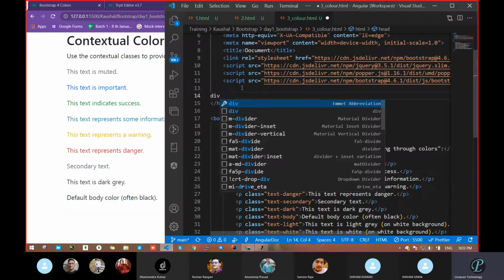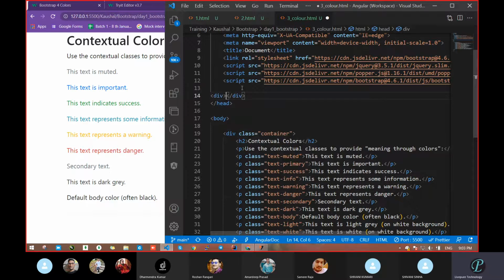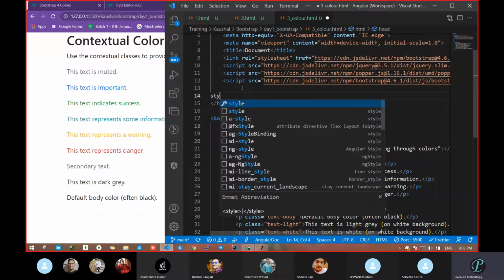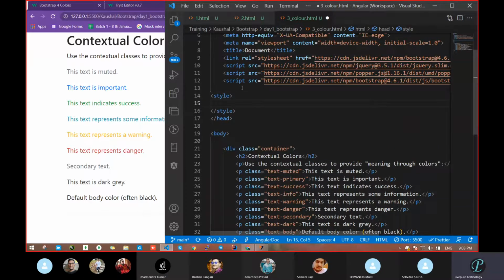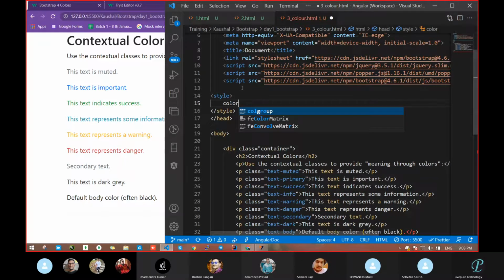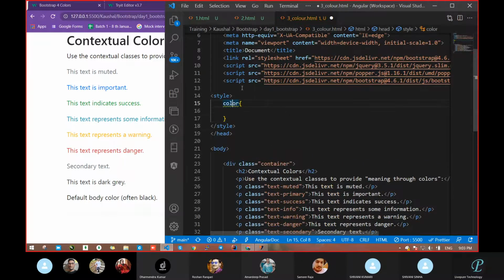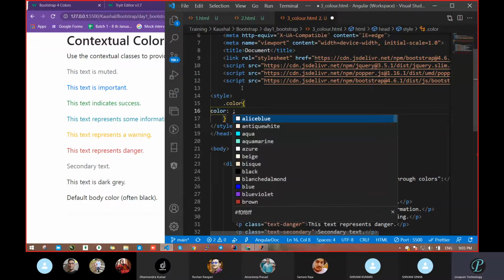Do one thing. Color. Style and color. Yellow color.